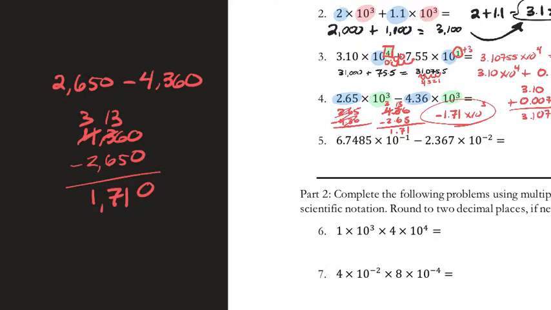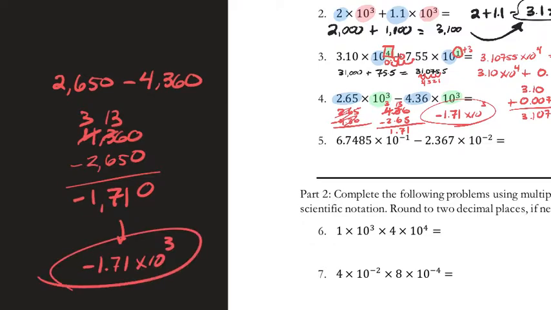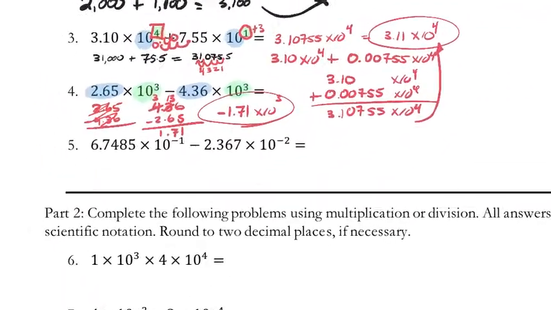You get 1,710, but that's now going to be negative. Putting it into scientific notation, you get the same number we had earlier. For problem 5,